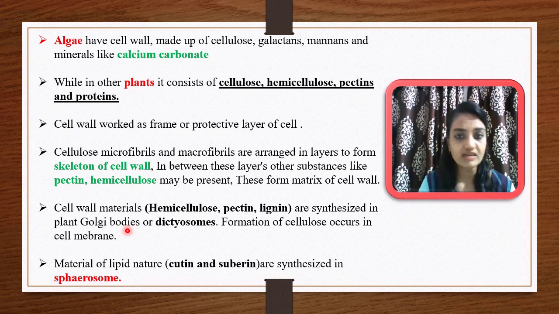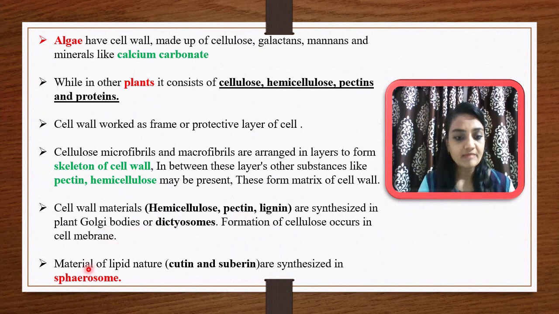Okay, so here let me repeat. Cell wall materials like hemicellulose, pectin and lignins, all these components will be synthesized in the plant by using Golgi bodies, or we can say dictyosomes. Formation of cellulose occurs in the cell membrane. Okay, this cellulose formation will occur inside the cell membrane, whereas the rest of the things will be produced by the Golgi